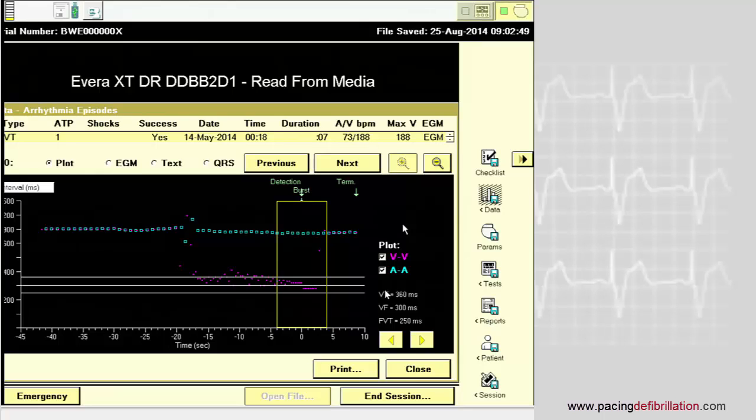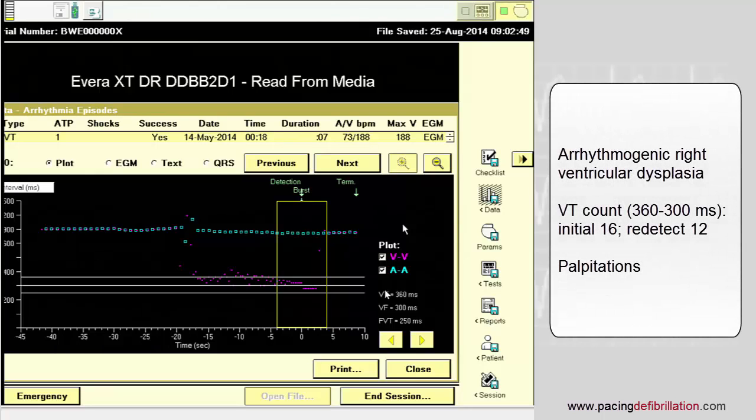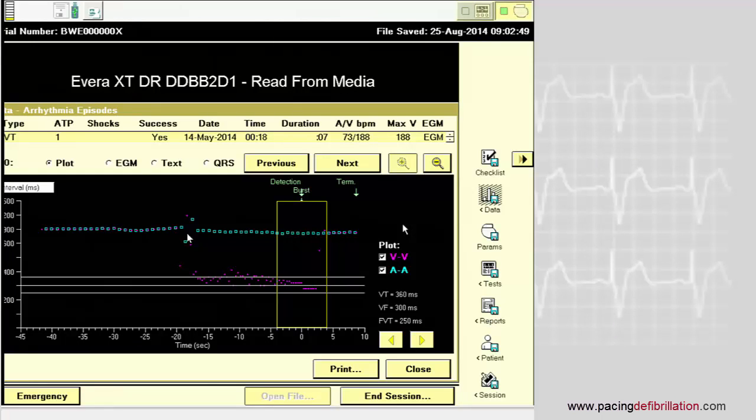This is the case of a patient with right ventricular dysplasia implanted with a dual-chamber ICD. 3 zones have been programmed with one VT zone from 360 milliseconds to 300 milliseconds. 16 cycles were required to reach the initial VT counter. If you look at the plot, it's obviously a case of ventricular tachycardia with dissociation between the ventricles and the